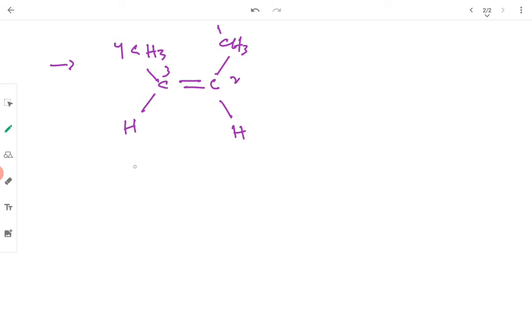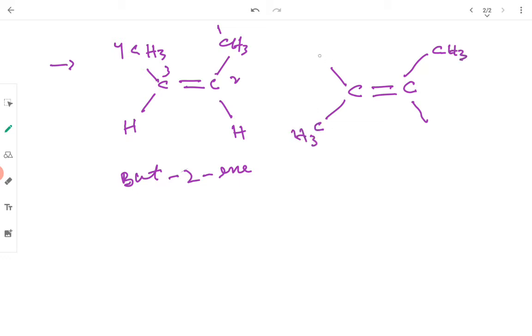So it is but-2-ene. This but-2-ene can exist in two forms. I'm writing those two forms. CH3, H and H. You can see both these molecules are but-2-ene,